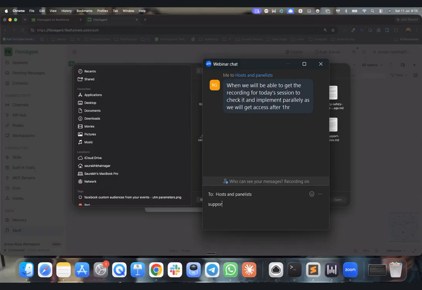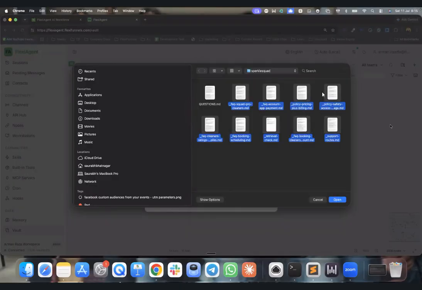Okay, so all right. So I'm probably going to select all these files. Let me go and select all these files, not the questions. So what we have done is we have created these multiple files, right? And these files are basically divided into multiple, let's say, aspects. So for example, let's suppose,